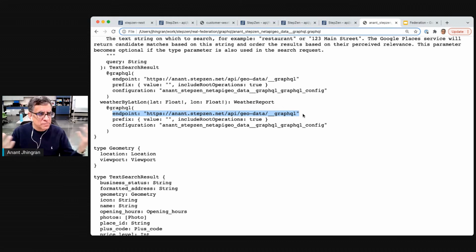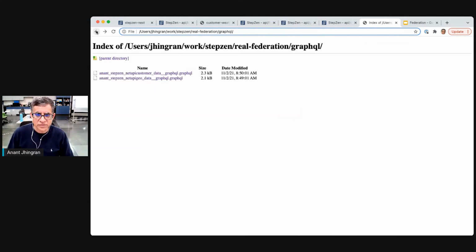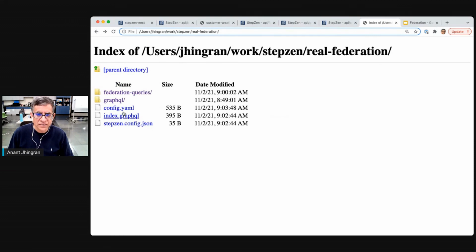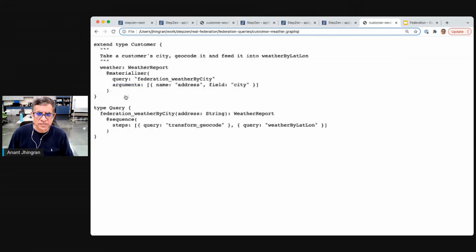And now you can actually mix and match everything else in this particular layer. So for example, if you look at how customer got connected with weather, it's exactly the same as before, except in this case, we are actually calling the proxies, and the proxies end up calling the backend. So the connections, the interconnections, etc., are all the same. There are no new skills to learn. You decide what size of the subgraph you want to build, and whether you want to operate as a team of teams or as one team.